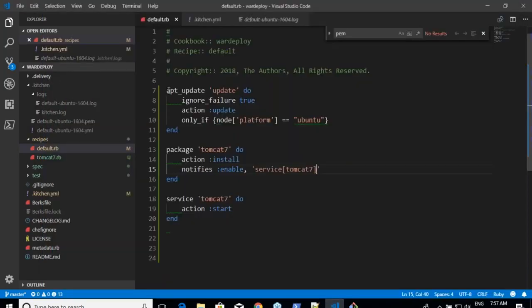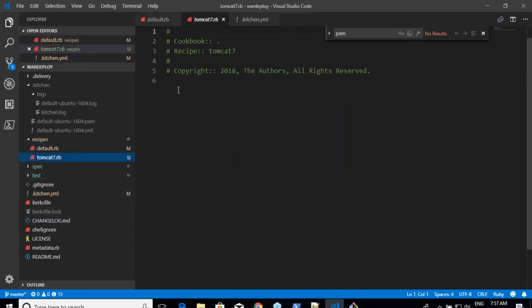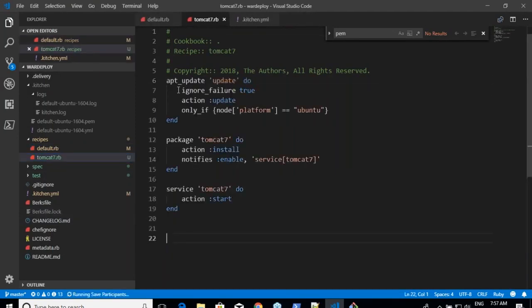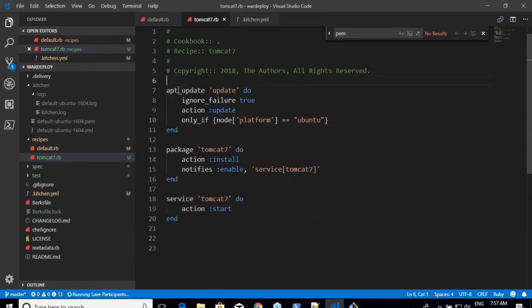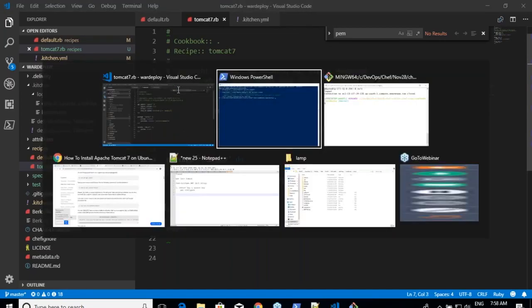The first thing I'm going to do is move all of this stuff into tomcat7.rb. Okay, and whenever you are doing this activity, you can write that this cookbook is designed based on the documentation at this link, so we know where we are designing this from.